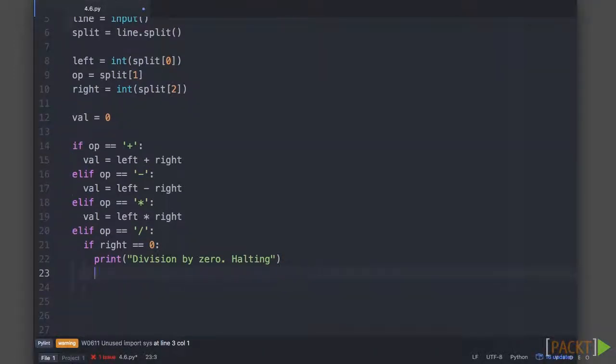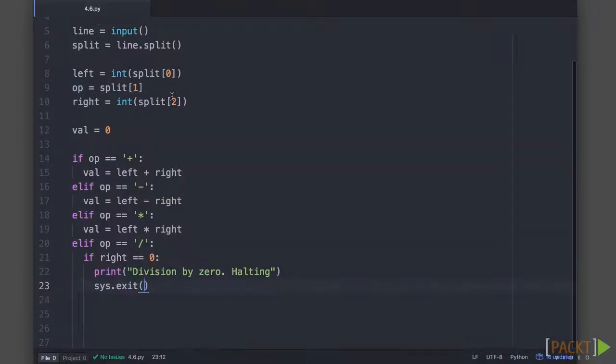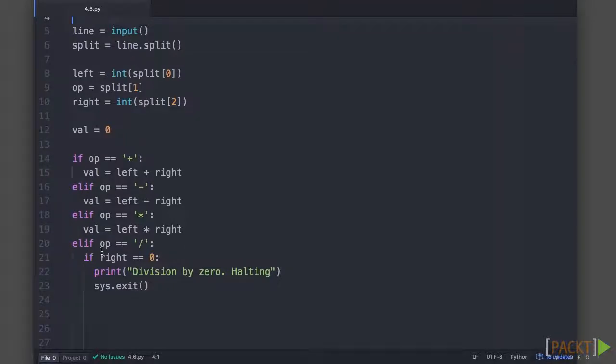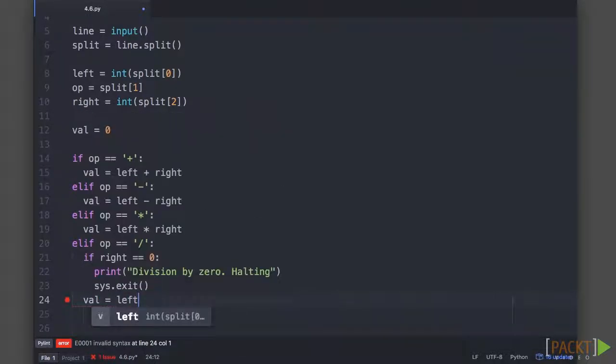And the way we're going to halt is we're going to say sys.exit. Notice that above I said import sys, and when you import sys, you get a function called sys.exit, and this allows you to quit the program at any arbitrary time, which is exactly what we want. Otherwise, we can say val is equal to the left divided by the right, and this is a safe